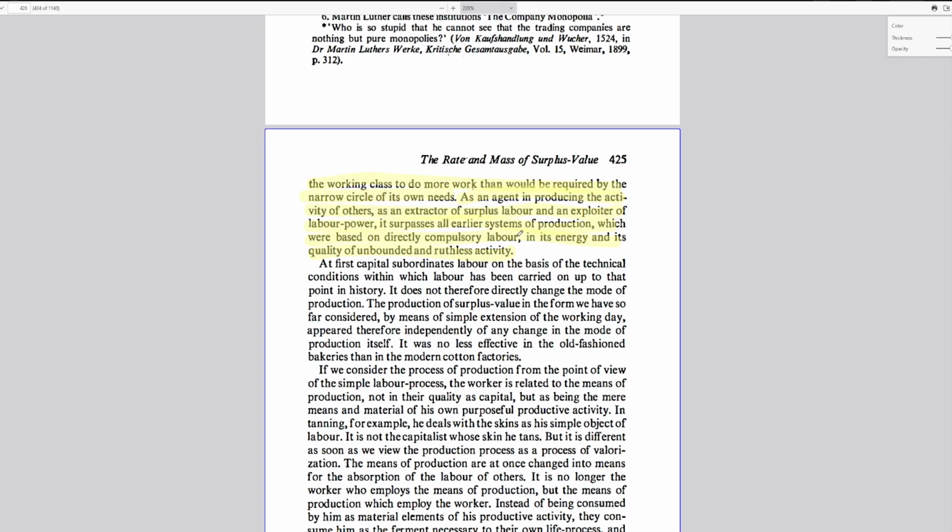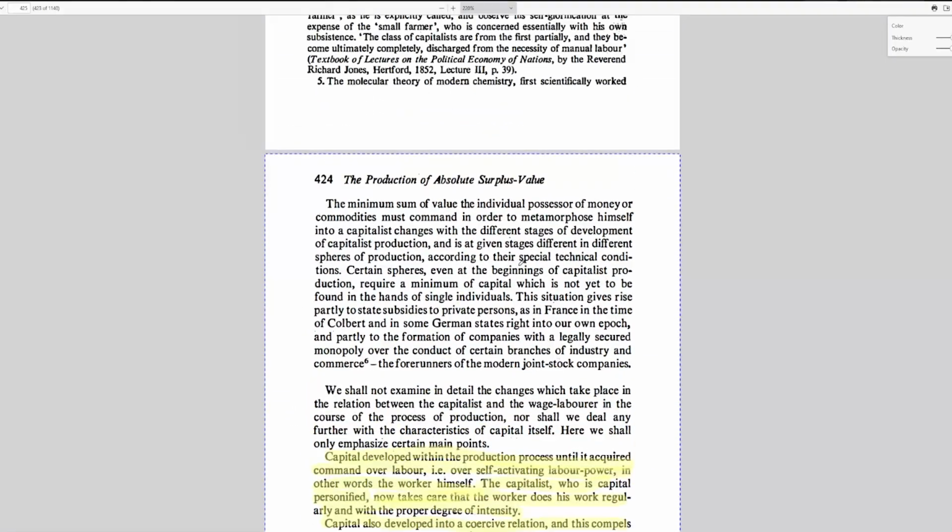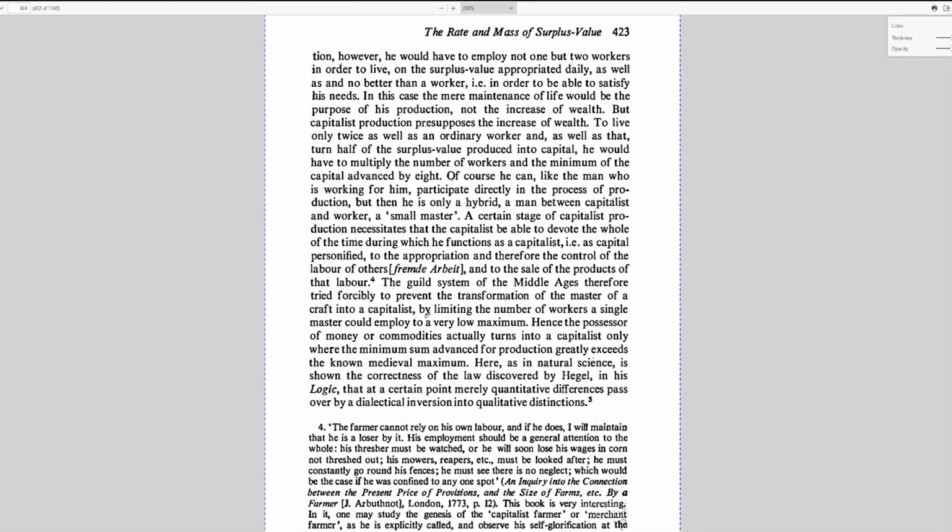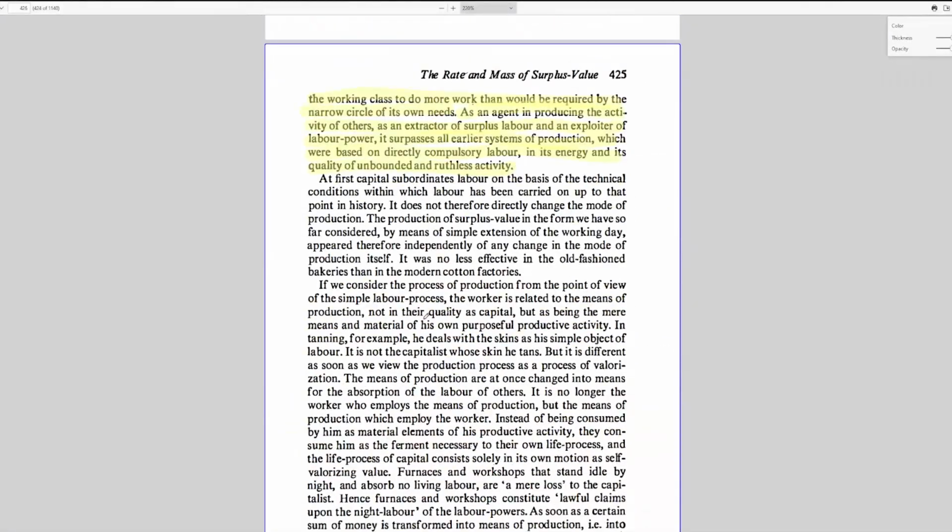Yeah, so in this section he does lay out some of the definitions of class, which you may be familiar with, but I think he's also contrasting between previous modes of production and capitalism. What he's basically getting at is that in previous modes of production, even if you had what I still think would be considered fairly coercive labor relationships, you would still have laborers doing the